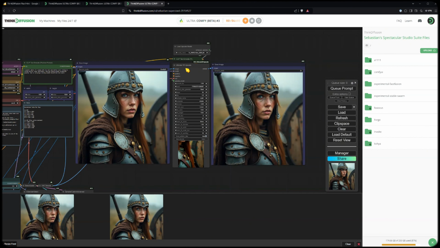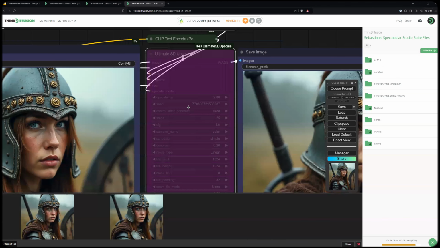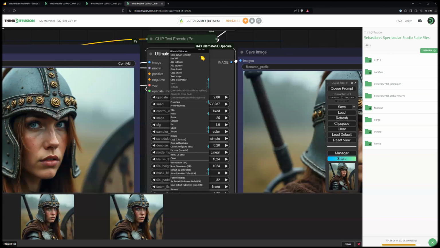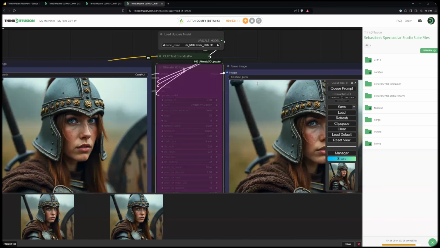What you can do is disable or bypass this node. You can do this by pressing Control or Command B, which turns it purple, or you can right click and find the bypass. There it is. If something is purple, it is bypassed, it is disabled. So now we will just use these nodes. That is a way to quickly enable and disable something in your workflow.